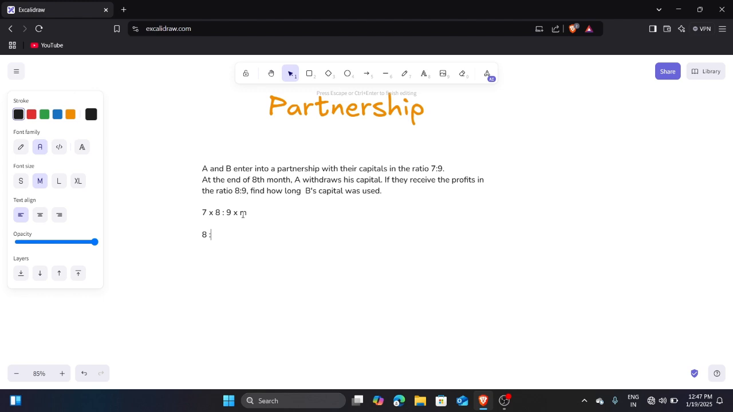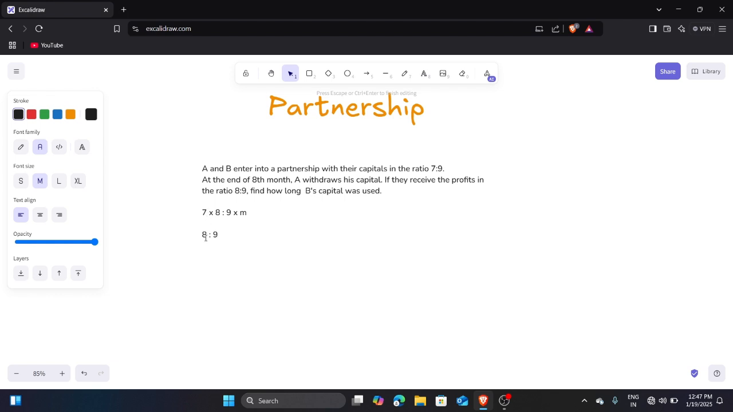If they are saying that at the end they are receiving this much profit, then how long was B's capital used? So as you can see, this question we can do directly now. If you know the relation in a ratio, it means